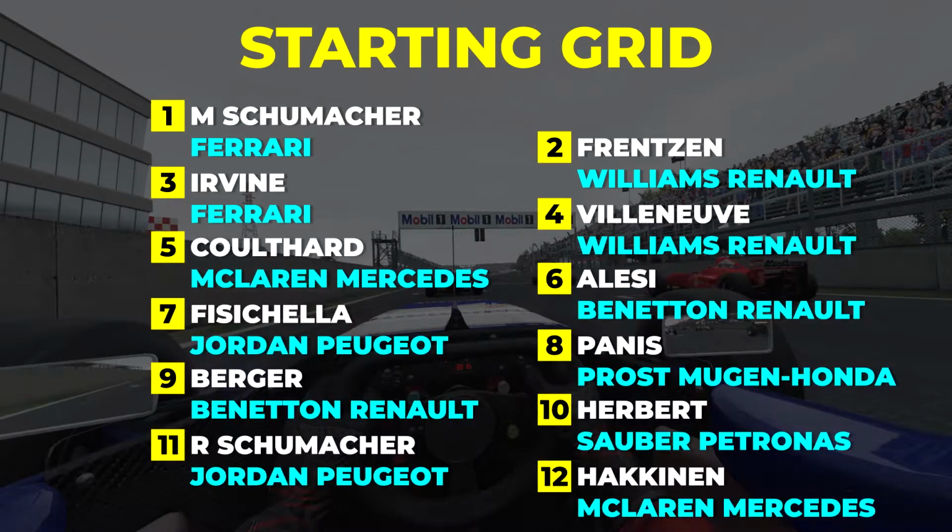The first two rows are once again reserved for Ferrari and Williams. This time it is Michael Schumacher on pole, and second is Heinz-Harald Frentzen for a German front row lockout. Then in third it's Eddie Irvine, and fourth is Jacques Villeneuve. And then from P5 onwards, as it was before, it gets a lot more colourful with Coulthard in fifth, then